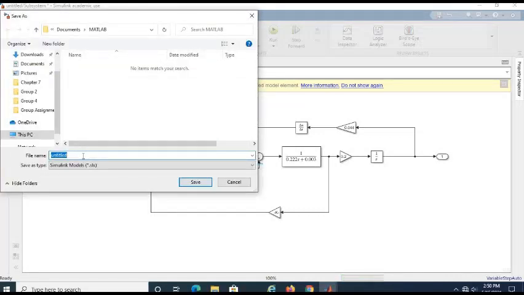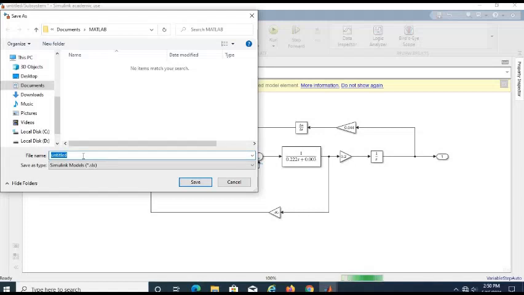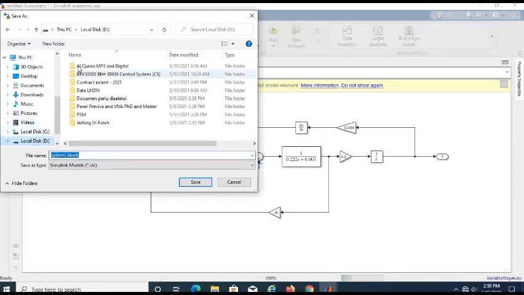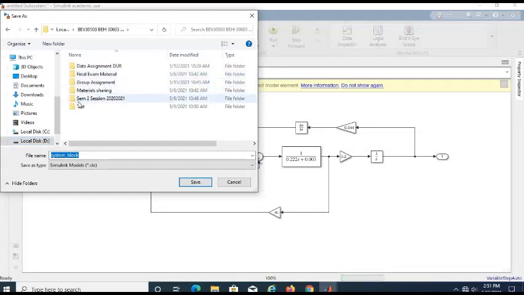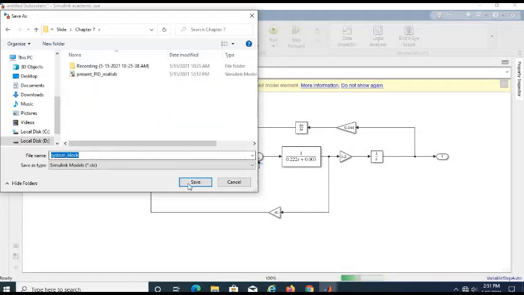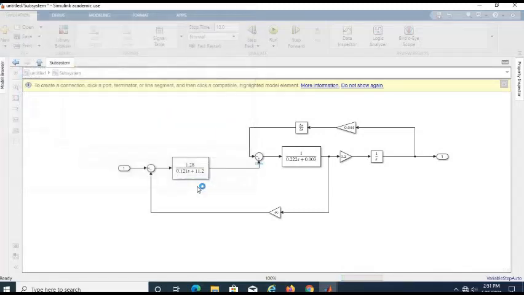Okay, system block. We save. For me, I save in chapter 7.